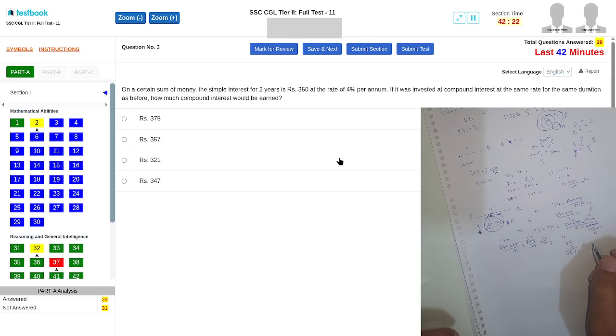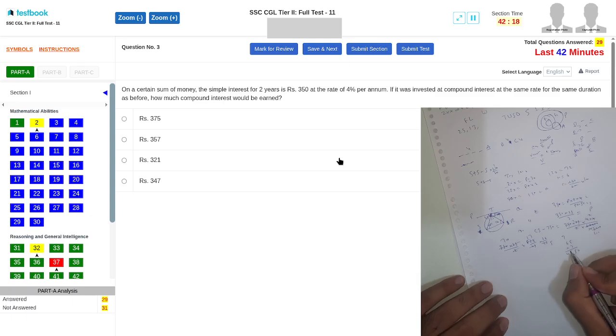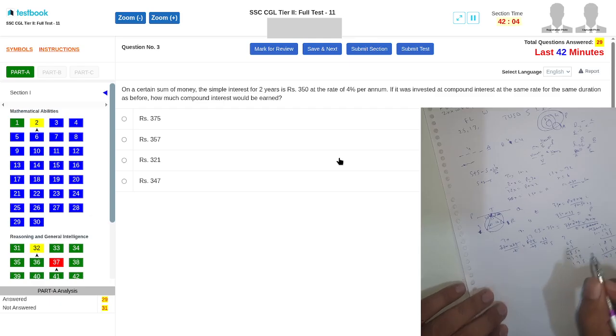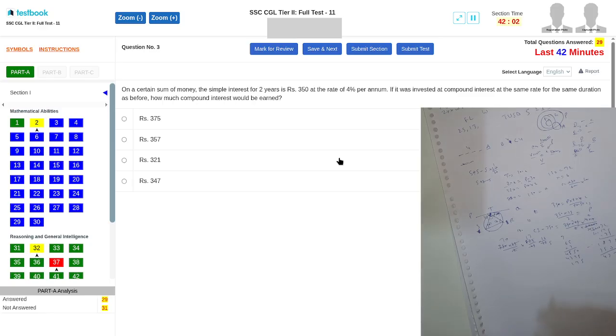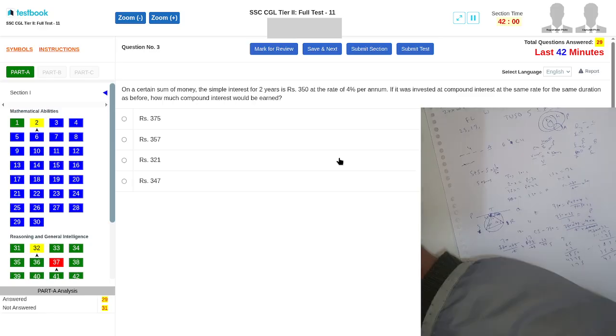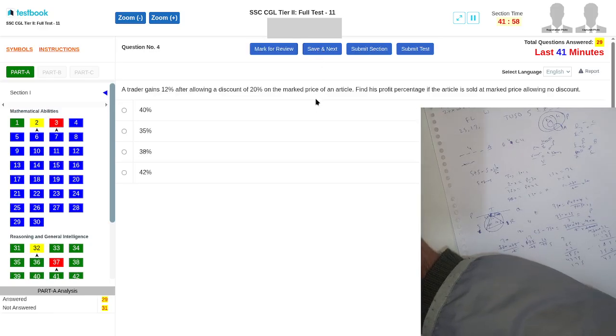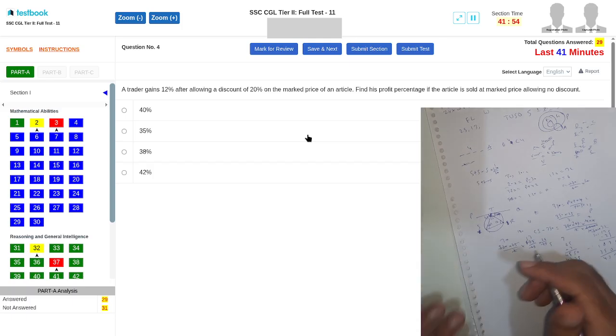ये क्या हो गया। बाद में देखेंगे इसको। एडिटर के इसमें डिस्काउंट।